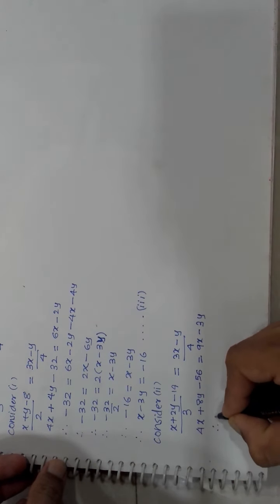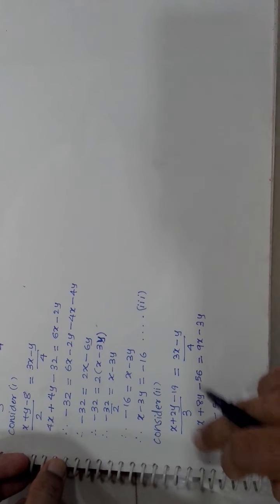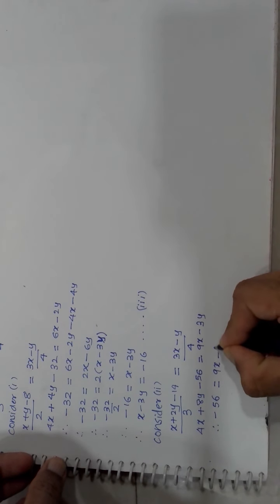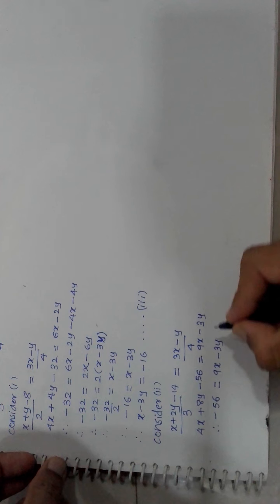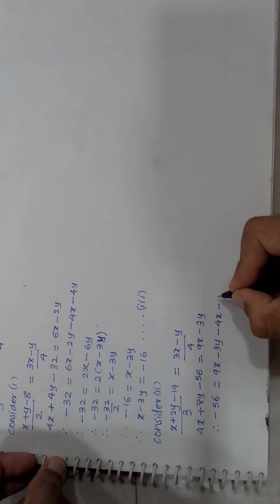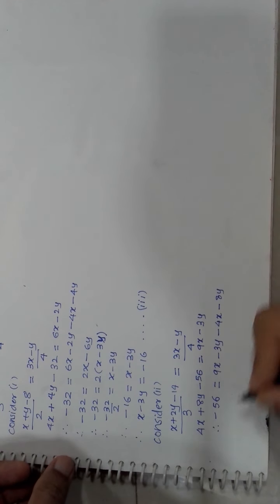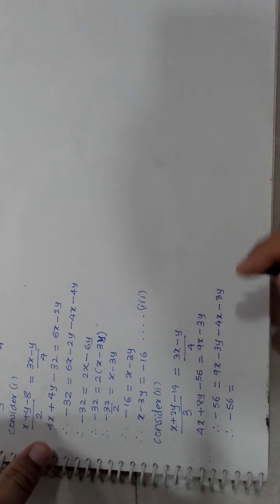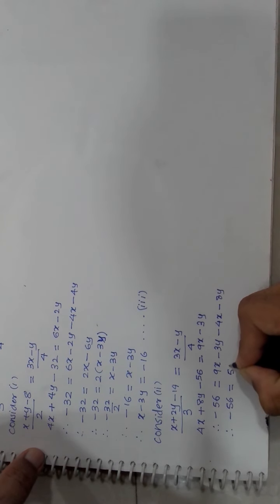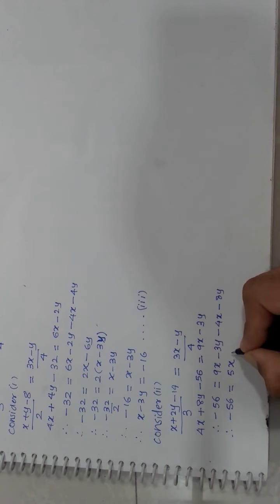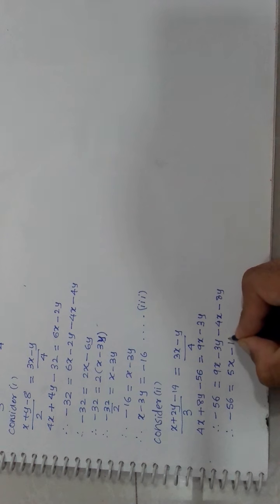So I get here minus 56. This 4x and 8y goes that side. So minus 56 is your 9x minus 3y, which is already present over here, and 4x becoming negative because it is positive that side, and 8y becoming here minus 8y. So you get here minus 56 is equal to, like terms if you see, 9x and 4x subtraction will be there, so you get here 5x, 3y and 8y both having the same sign, so addition and the sign of the larger number, that is equal to 8 and 3, 11y.